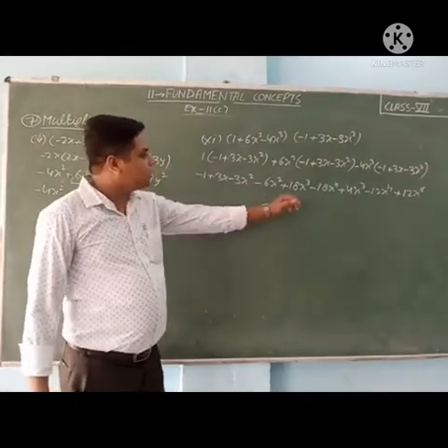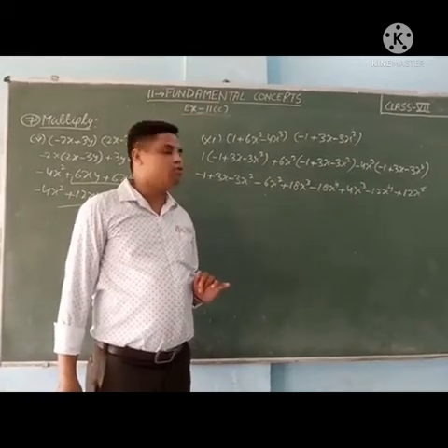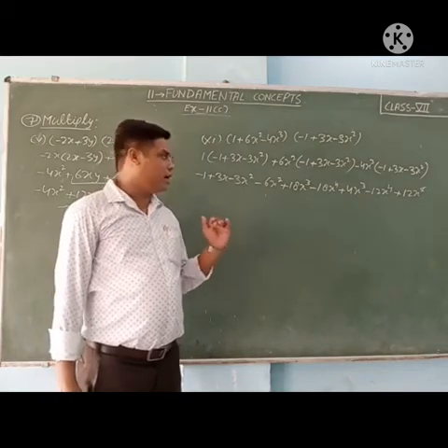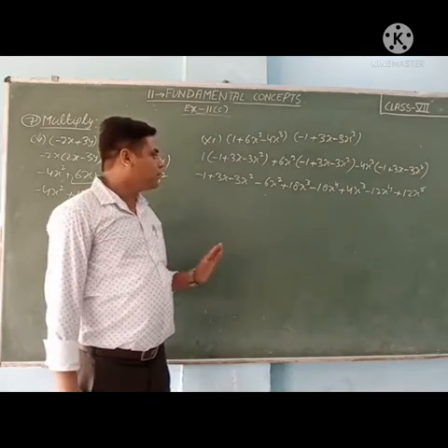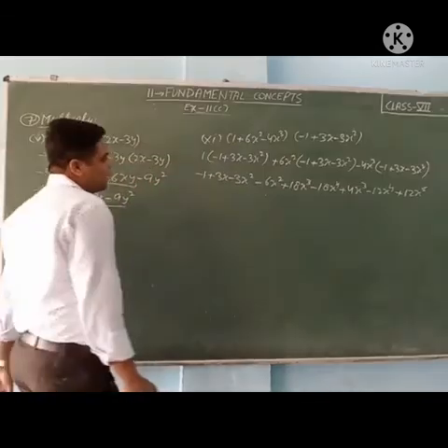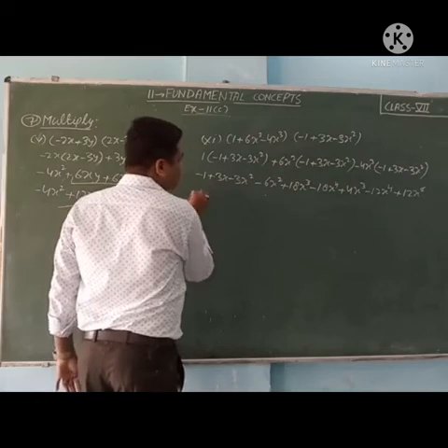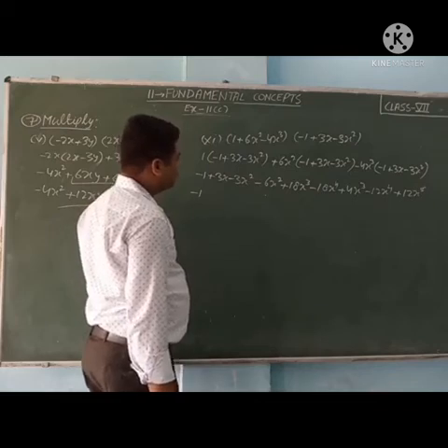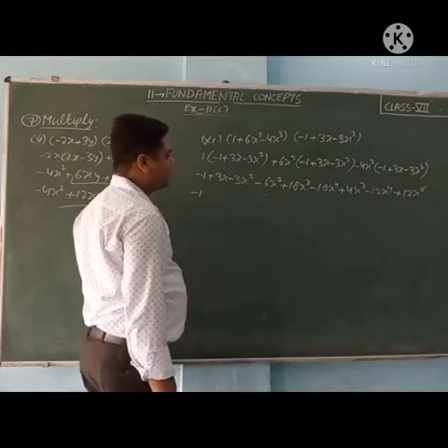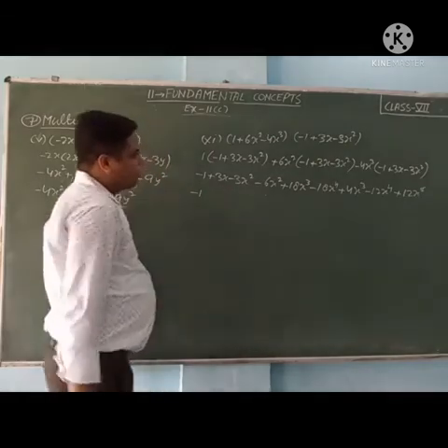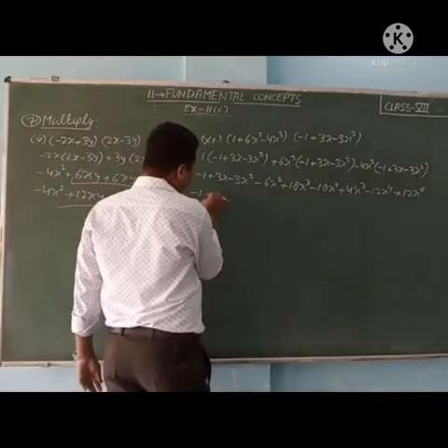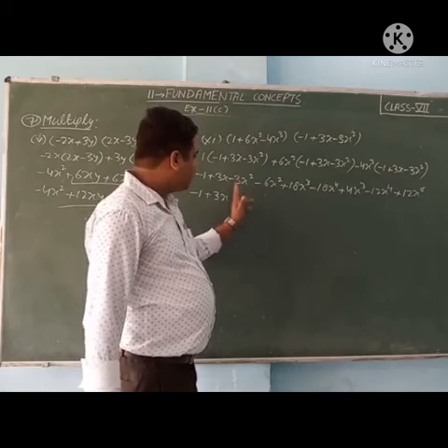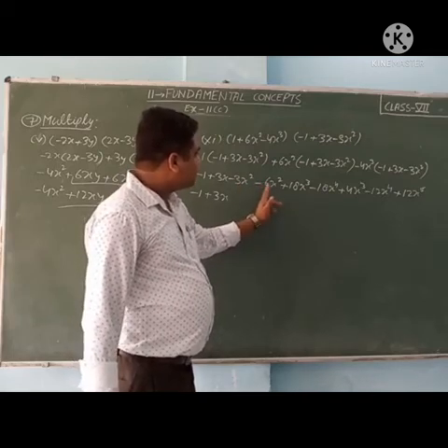So you can see plus 18x cube minus 18x raised to the power 4. We cannot cancel because they are not like. They are having opposite signs, but they are not like. We cannot cut. So minus 1, any other one? Just see. No. And they are already arranged also. So plus 3x, only 3x, no other x. Minus 3x square minus 6x square. What can we write? Minus 3x square minus 6x square.